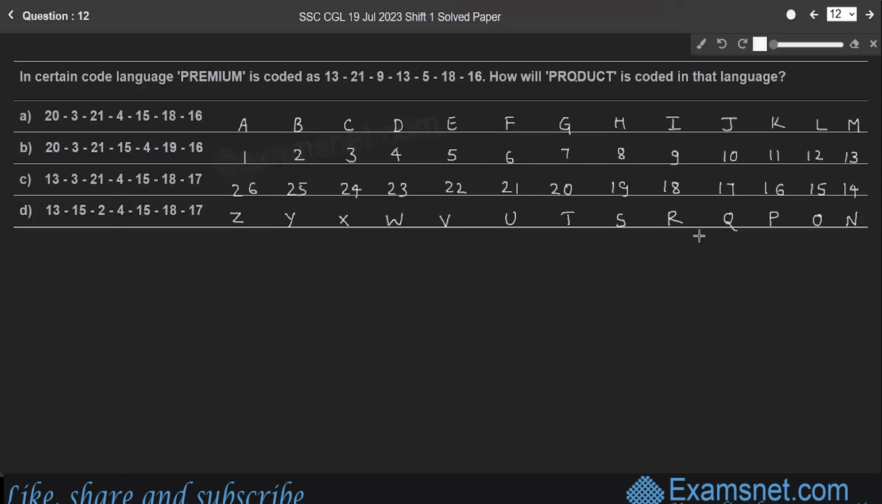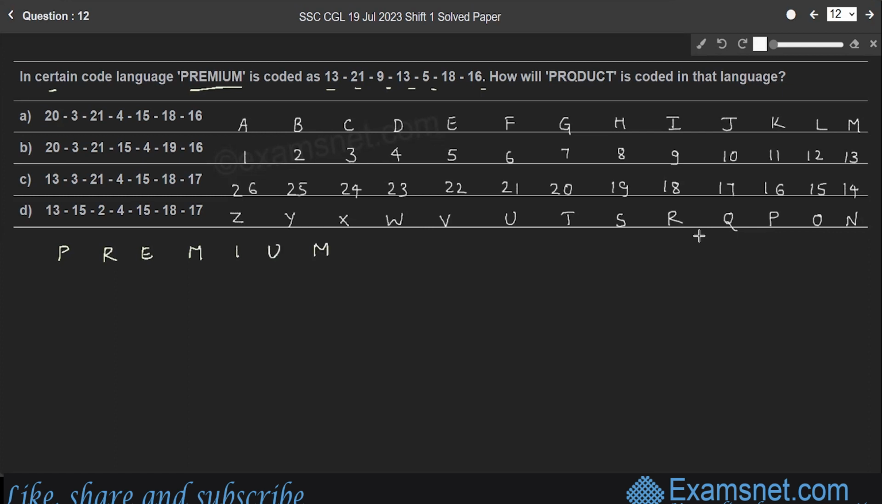Question 12. In a certain code language, premium is coded as 13, 21, 9, 13, 5, 18, 16. How will product be coded in that language? Here, students, the logic behind the code is this. We'll consider the word premium,